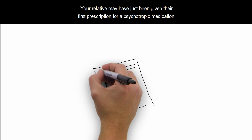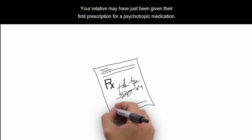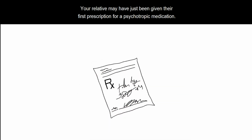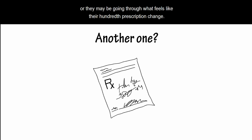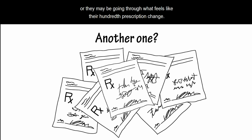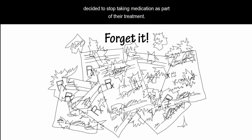Your relative may have just been given their first prescription for a psychotropic medication. Psychotropic is a general term for medications used to treat mental health conditions, or they may be going through what feels like their 100th prescription change. Maybe they're so discouraged with side effects or lack of improvement that they've decided to stop taking medication as part